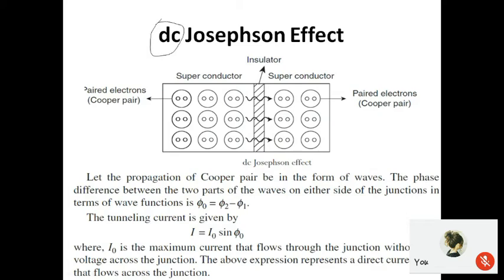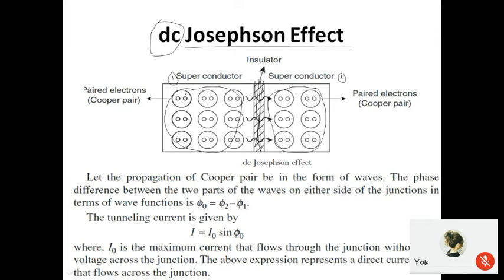Now, as earlier where we studied the Josephson effect, similarly here also we have a superconductor 1 and superconductor 2, which are joined together with the help of a thin insulating layer. So this is a thin insulating layer between the two superconductors, which will be acting as a junction. And we have Cooper pairs inside superconductor 1, and again Cooper pairs inside superconductor 2.